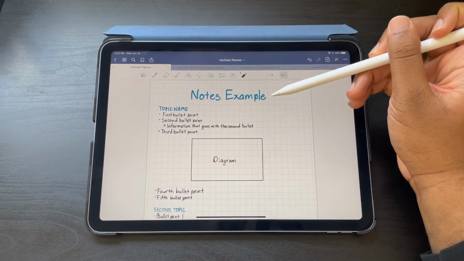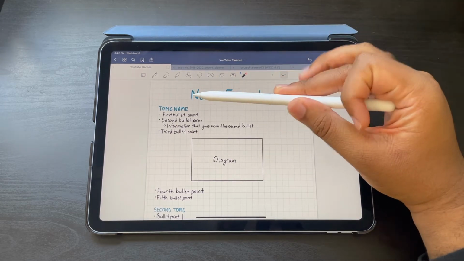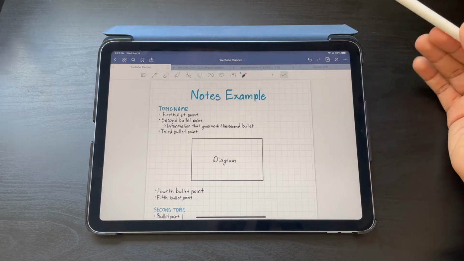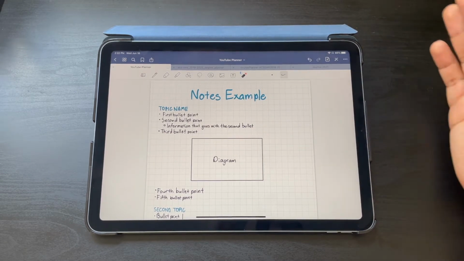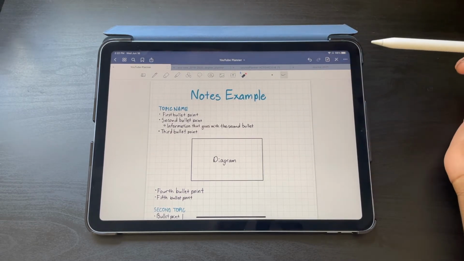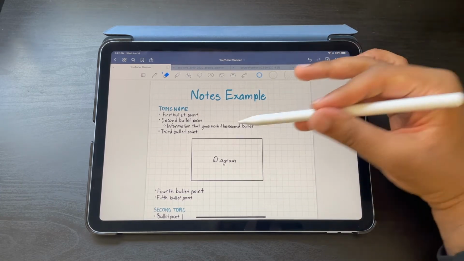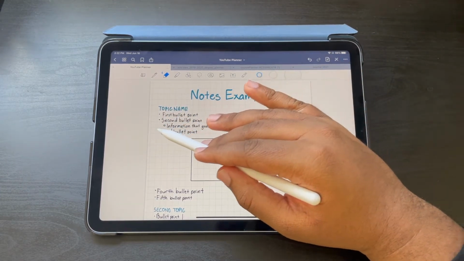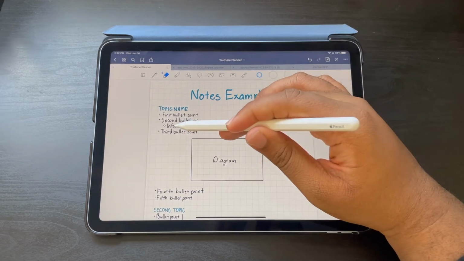So here is the title of the page or whatever I'm writing. And next we have the subheading, which will be like topic names or anything else. And the bullet points will be describing all the subjects pertaining to that topic. So we got first, second, third bullet point form. And if one of the bullet points has some extra information attached to it, I'll do this kind of bullet thing. However you type bullet points on a document, that's basically how I write them down.